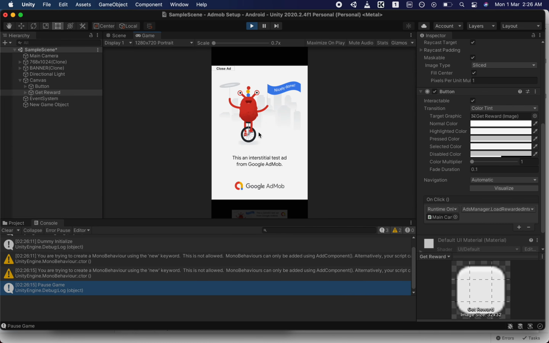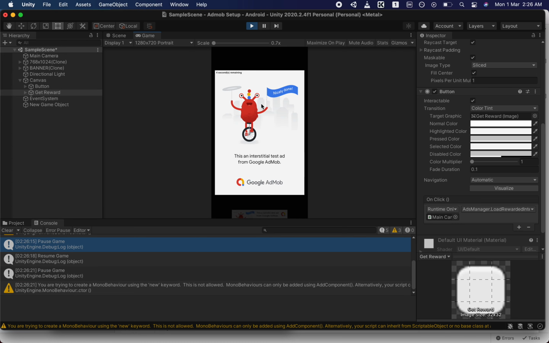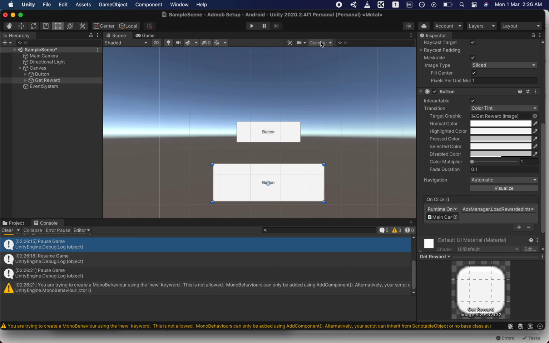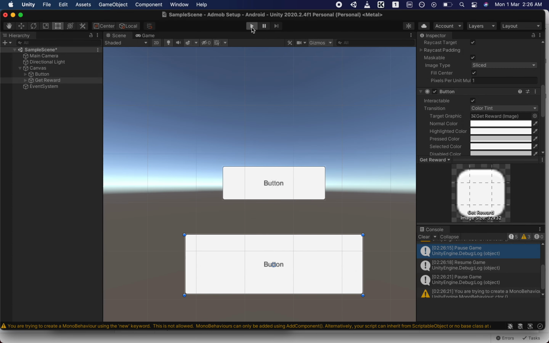When you click the normal interstitial, it will show the normal interstitial. Now if we hit the rewarded video ad, that is this button, it will start running. Let me maximize this so you will get an idea. Let's add the console here, get rid of this project window and hit play again.